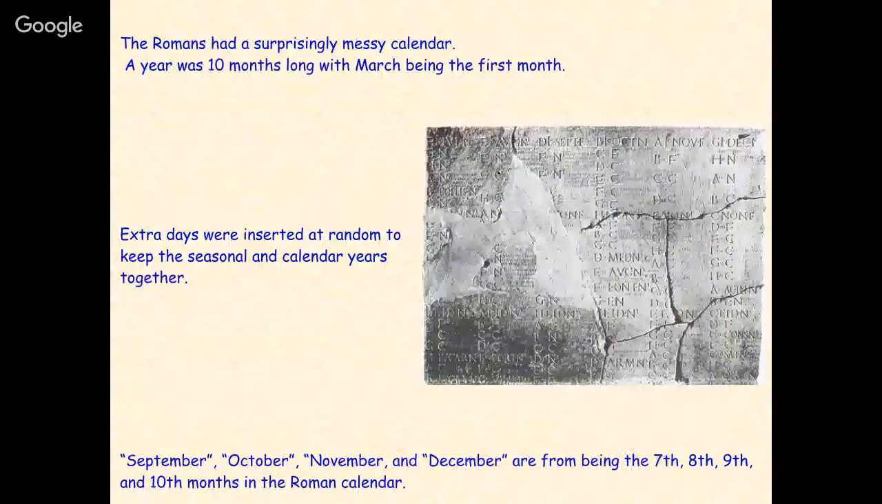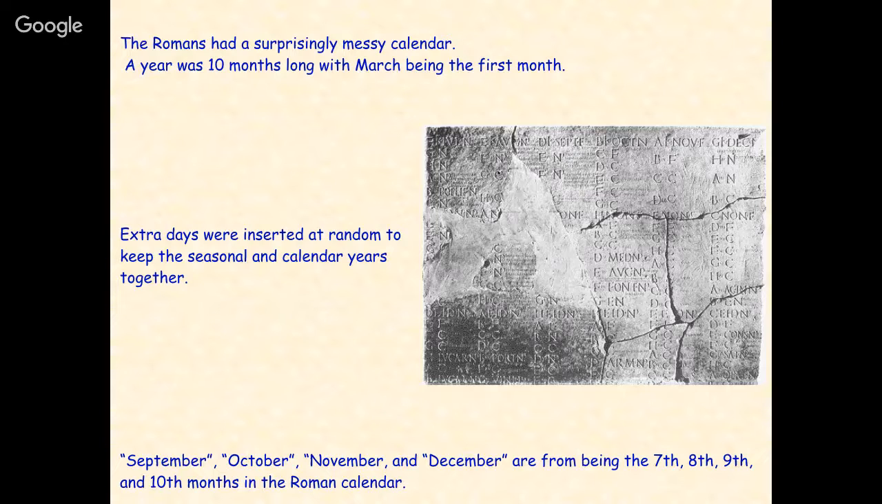So the Romans came, and when they rose to power initially, they had a surprisingly messy calendar. The year was 10 months long, with March being the first month of the year, and extra days were inserted at random to keep the seasonal and calendar years together, right? This is a recurring theme now. We've heard it several times. You have to keep doing this to keep the time that the sun says versus the time that your calendar is saying. But it is from that Roman calendar of 10 months that we get the